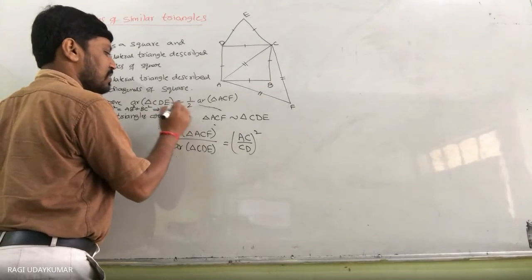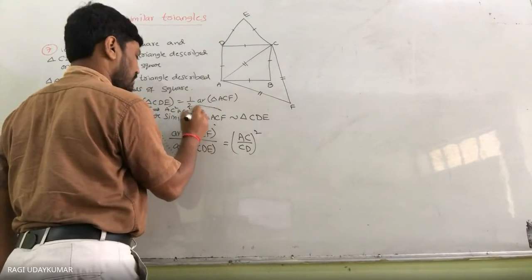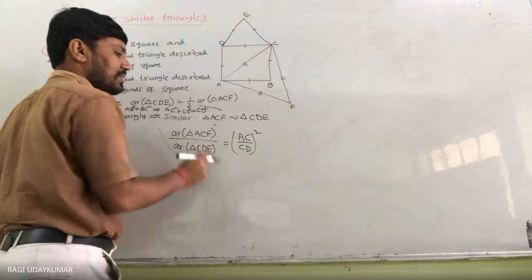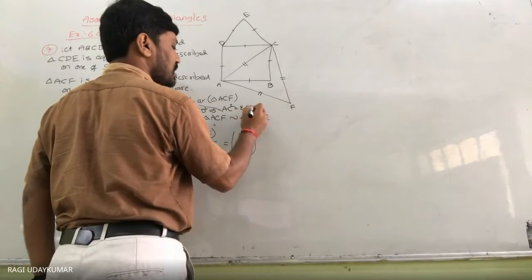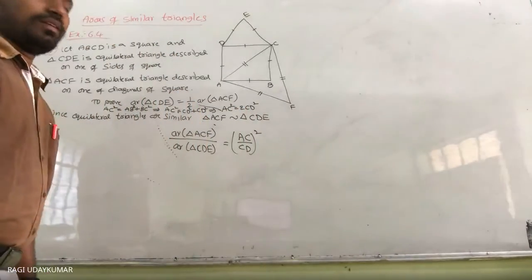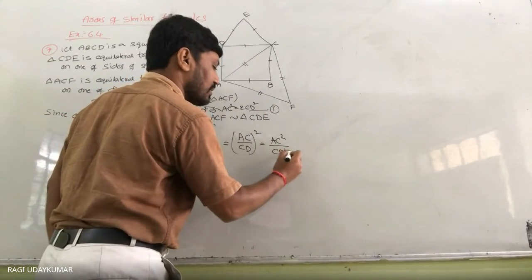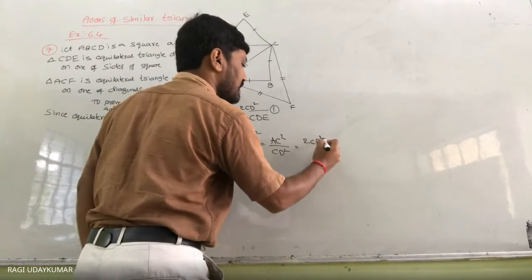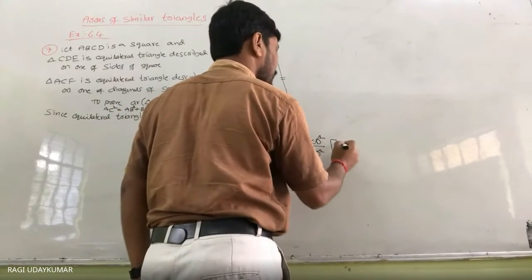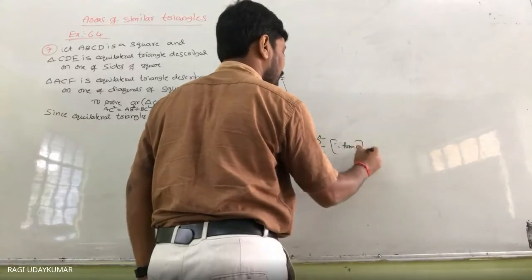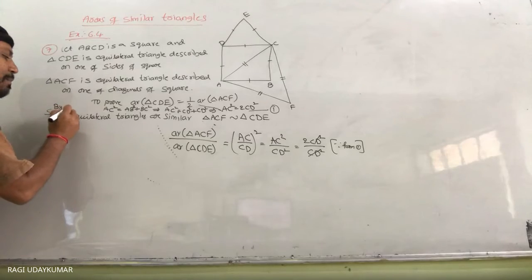So AC square is equal to AB square plus BC square. AB is equal to CD. Can I write it as CD? BC is equal to also CD. CD square लिख सकते हैं because we are using CD here. So this implies you can write AC square as 2 times of CD square. So you write here AC square by CD square. AC square you write as 2 times of CD square by CD square. CD square will get cancelled. So how did you write here? You write here from 1. इधर से. ये समझ में आया? If you want to write by Pythagoras theorem.